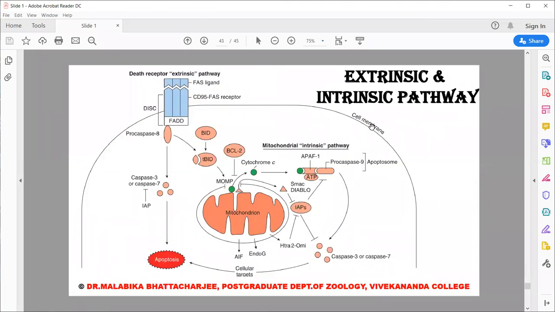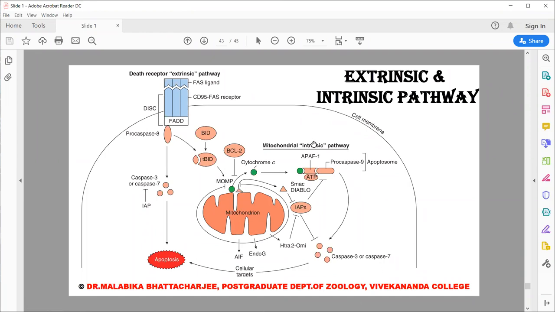Next, this is a compilation of both the extrinsic and the intrinsic pathway. This has been shown by one BH3 regulator. So this is the death receptor signaling. Procaspase 8 is converted to active caspase 8. Active caspase 8 cleaves the BID regulator to produce an active BID. Active BID then removes BCL2 from BAX. As a result, BAX is free to form oligomers. Release of cytochrome C, SMAC, and Diablo follows, with the formation of the apoptosome complex and the execution of apoptosis.